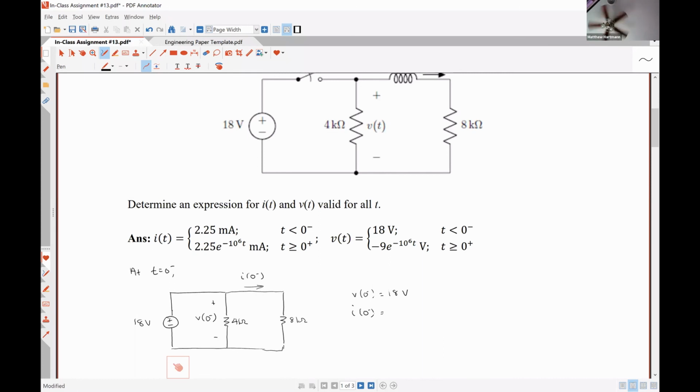Based on what the gentleman who just spoke said, the 18 volt drop occurs over the 4 kiloohm resistor and the 8 kiloohm resistor. The current I at 0 minus is the current that's flowing through the 8 kiloohm resistor, right? Because the inductor and the 8 kiloohm resistor are in series. So we should just be able to use Ohm's law here. We would have 18 volts divided by 8 kiloohms, which is 2.25